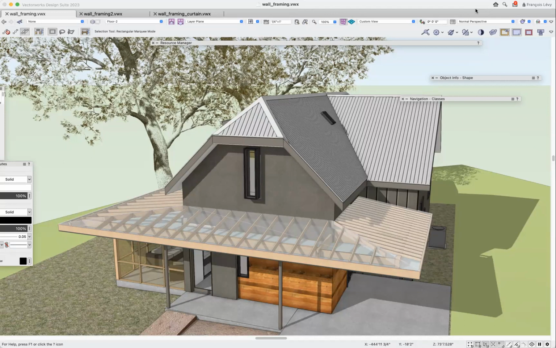So today we're going to discuss framing, and there's actually several tools in Vectorworks that help with framing. There's a couple of different files that I'll be sharing with you, showing some framing solutions and how the Vectorworks tools are helpful. This first one here is a little house I did here in East Austin